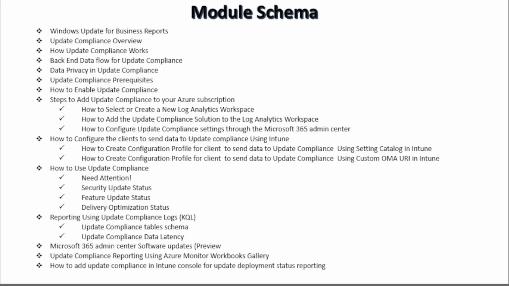In this module, we will be discussing the reporting of updates using Windows Update for Business Reports and update compliance. I will start with what is Windows Update for Business Reports, and then we will talk about the update compliance overview. Then how update compliance works, as well as the backend data flow of update compliance. Then we will briefly talk about data privacy in update compliance, what the update compliance prerequisites are, how to enable update compliance, and what the steps are to add update compliance in your Azure subscription, like how to